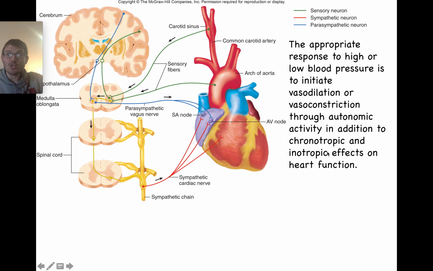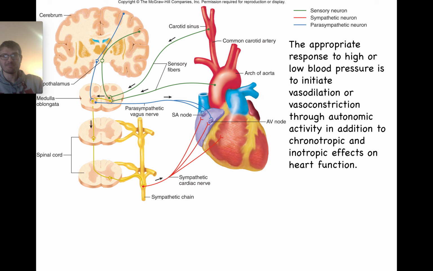So regardless, your appropriate response to either high or low blood pressure is going to do a couple of different things. We can do a couple of different things, as we determined at the end of chapter 19, to regulate our cardiac output. We can change the heart rate, or we can change the stroke volume, or a third option, we can change mean arterial resistance, meaning we can vasoconstrict or vasodilate blood vessels to promote better blood flow and reduce blood pressure